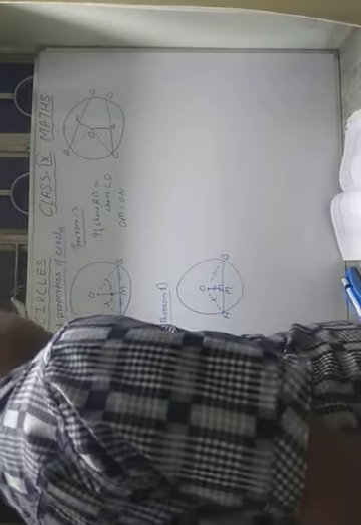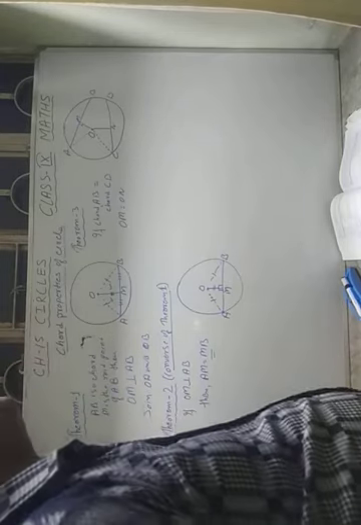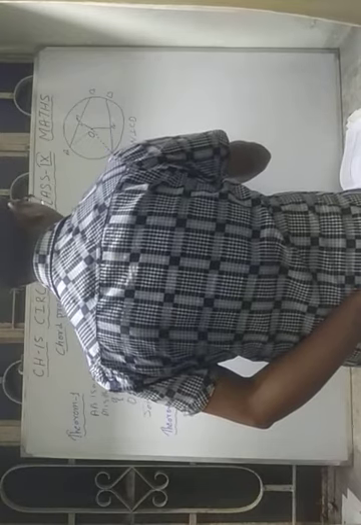To do this proof, what can you do? Again you can take triangles. First, the construction: draw the perpendicular OM to AB and ON to CD. So first of all, what do you write? Draw OM perpendicular to AB and ON perpendicular to CD, and join OA and OC. Now we will get two triangles.